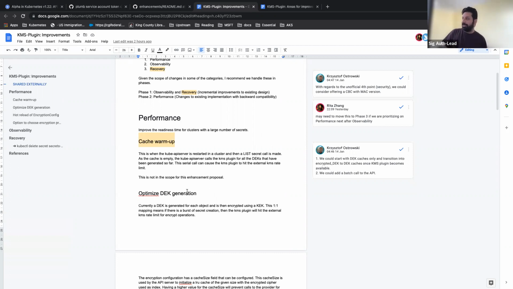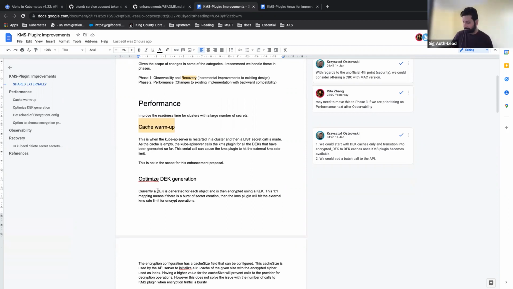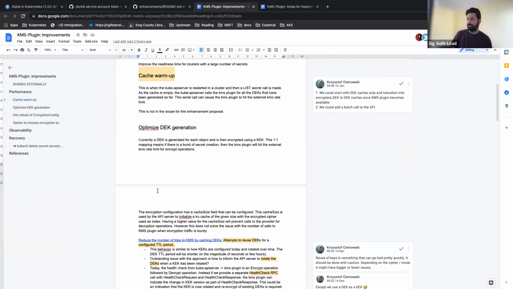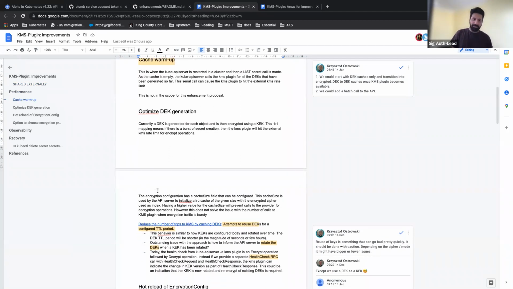So I think some open questions around this are: today, we have that one-to-one mapping between data encryption key and object in etcd. I think the main concern I had around some of the changes that have been proposed in the past, like using the key for some amount of time or other variations of basically fewer data encryption keys, is that